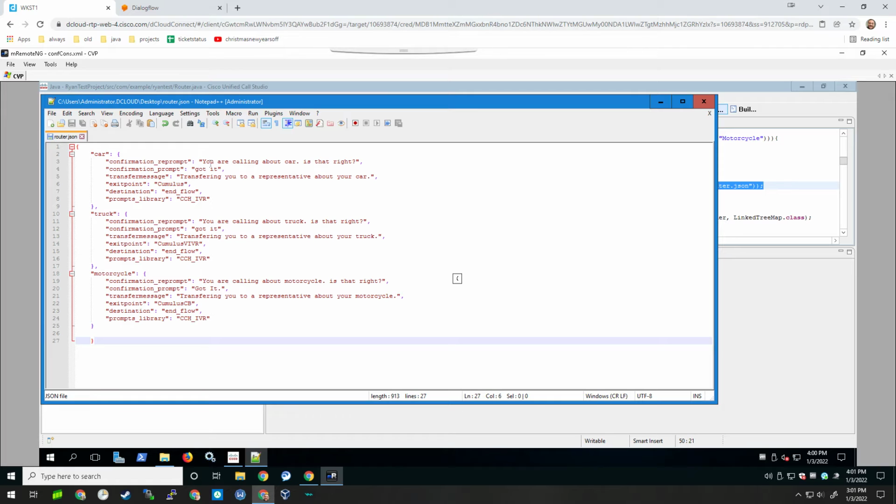So some of it is not actually used. I don't think I used this one, but I changed the values that matter. So you're calling about car, is that right? You're calling about truck, is that right? You're calling about motorcycle, is that right? Got it. So it'll ask you this first, and then it'll say this if it's yes,